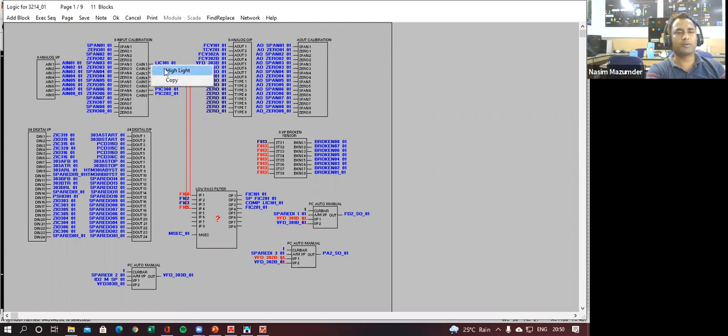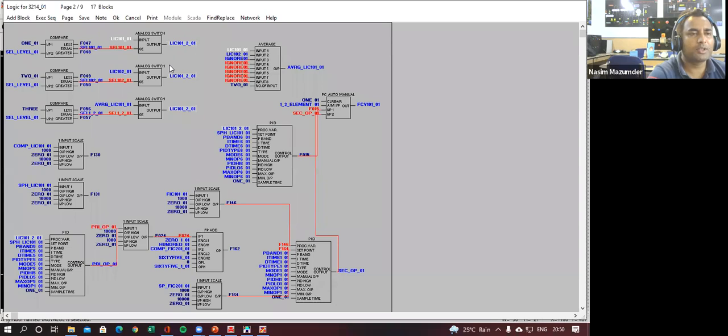So you can see here, this is my LIC 101. Here I have connected my transmitter, meaning module 1, card number 1, analog input, channel number 1. Okay, now I can see we are using this here. This is the PID that I was talking about. This is another PID. This is another PID. See how many PIDs they have used to calculate this particular drum level.